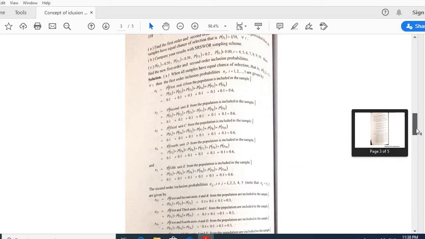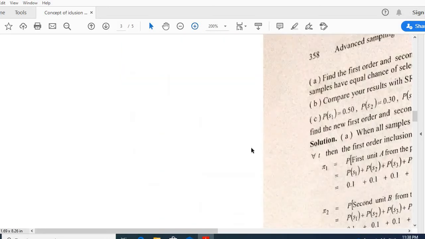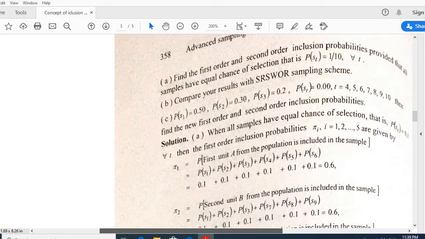Now come to the solution. First order inclusion probability pi 1 is equal to P(S1) plus P(S2) plus P(S3) plus P(S4) plus P(S5) plus P(S6). The respective probabilities of selection, when each sample has an equal chance of selection, are equal to 0.1 plus 0.1 plus 0.1 and so on. 6 times 0.1 is equal to 0.6. Therefore, the inclusion probability pi 1 is equal to 0.6. Similarly,